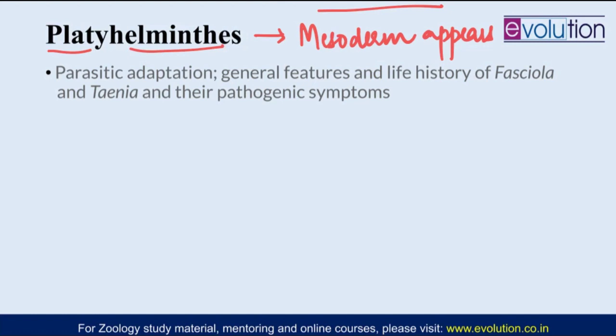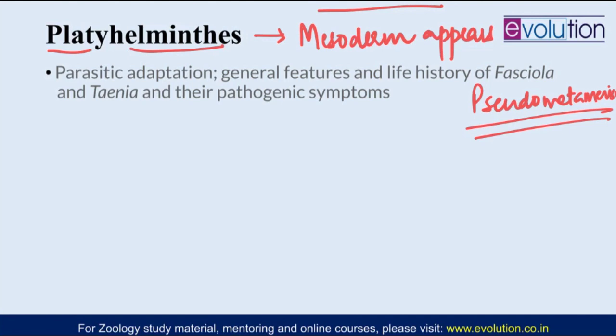So you have to here focus on the classification. Question on classification in platyhelminths has also been asked. You also have to focus on pseudo-metamerism here, although that is something separately dealt with in Annelida. But certain platyhelminths such as Taenia solium, the tapeworms, have a body divided into multiple segments, but they are not true segments. So they are the proglottids, and that is something we call pseudo-metamerism. So that is also something you need to prepare.